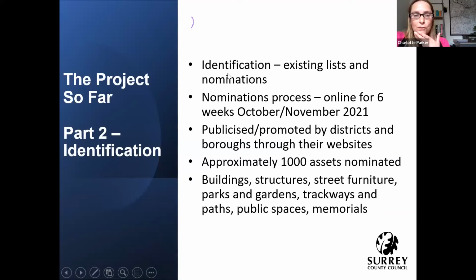So the next stage we moved on to was identifying what could go onto the local list, and that's a combination of reviewing existing lists where they exist and also seeking nominations from the public. We did that towards the end of last year. There was an online form that people could fill in and nominate using a map, a GIS-based system, which actually proved very successful, that people could pin their nominations and give us a bit of detail about them and submit photographs as well. Publicise this through the participating districts and boroughs, and very pleased that we had around about